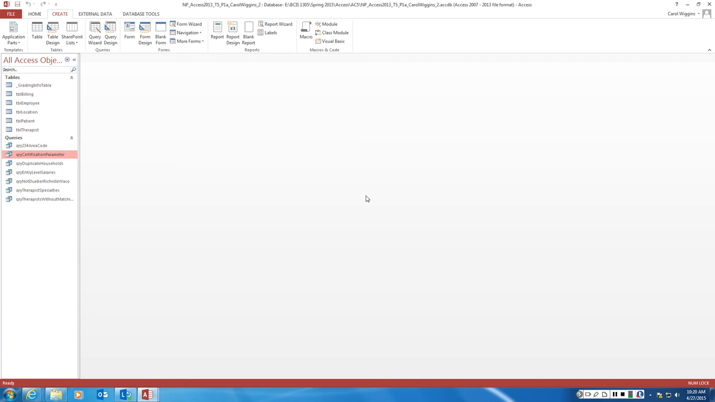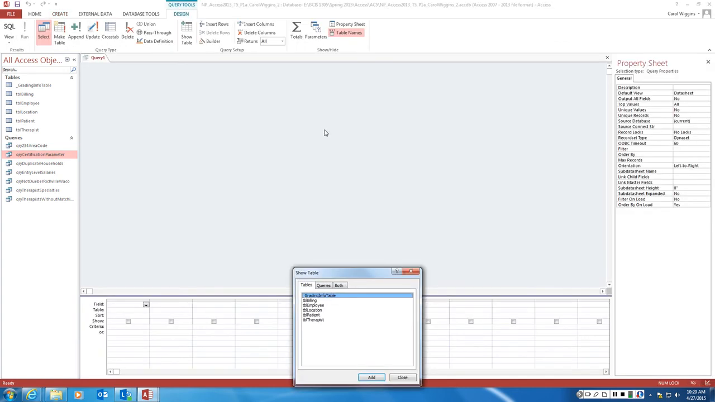Step 8, create a query to display all the fields from the employee table in the following order. Use the top values property to select the top 5 records. Save the query as query top 5 salaries. So we're going to go back to query design, and we want the employee table,